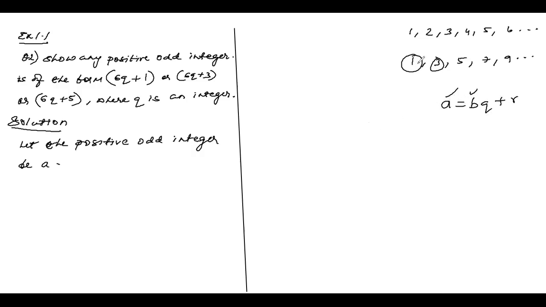So आपका ये जो odd integer है ना a, show that a positive odd integer is of the form 6q plus 1. मतलब a जो positive odd integer है equal b का जगह में क्या है 6. Are you getting me here? 6q plus 1. Remainder की जगह में 1 है. Are you getting me? So let the positive odd integer be a. b की जगह में क्या लूंगा? 6 दिया है ना. And here the divisor is 6. ये क्वेश्चन में दिया divisor should be taken as 6. Got it? Therefore, by Euclid's lemma,